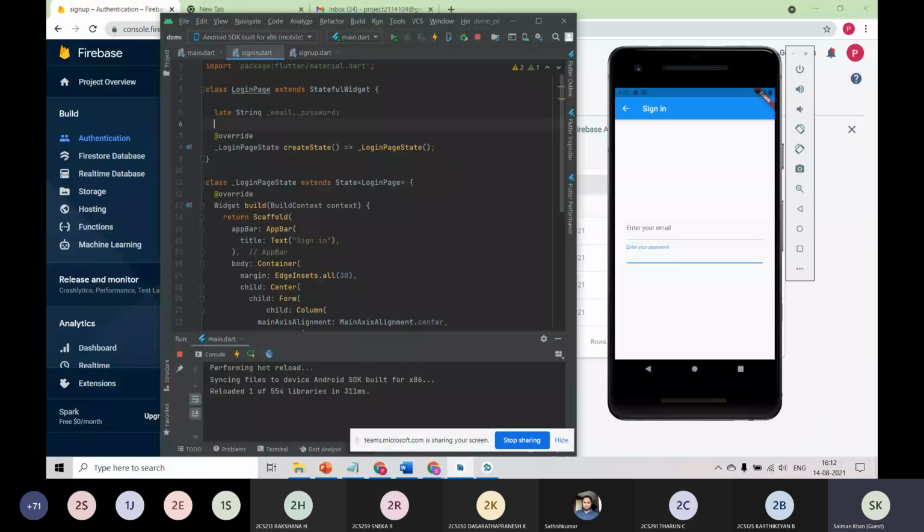Okay, the reason we use the late keyword is that it will be initialized later. That is what we mean by the late keyword. It was not there before; two months ago I didn't see this keyword. Surprisingly, a week ago when I installed the latest version of Flutter, I was surprised to see this keyword. And other than that, the thing we need is the form key.